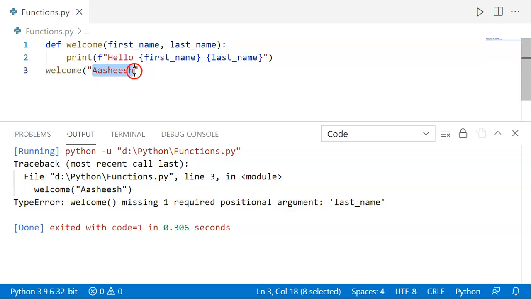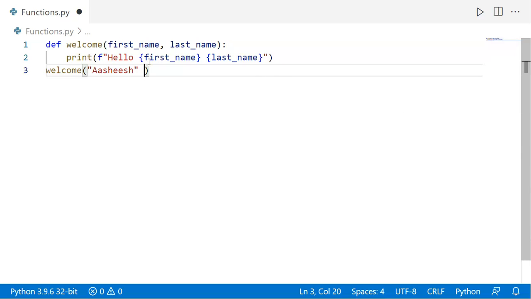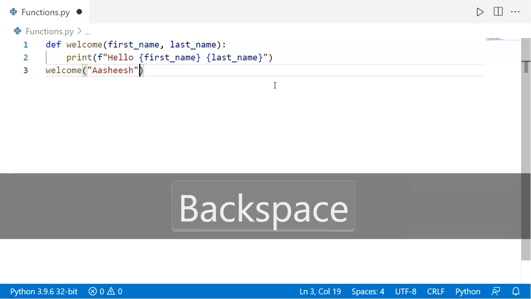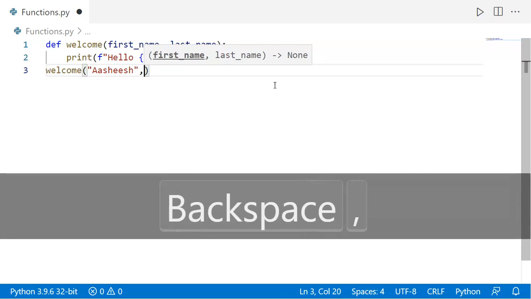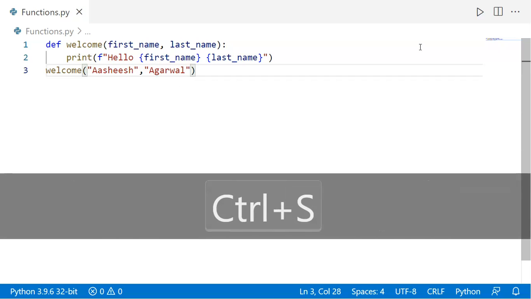We have included only one value in here, so it will give an error because we have provided the first name but not the last name. It's our code mistake, so let us fix it. After the quote symbol is finished, add a comma without space because we are adding the space in here, then add a new quote and enter your last name, Agrawal.